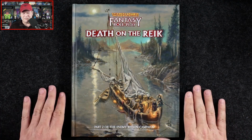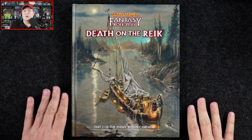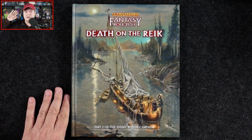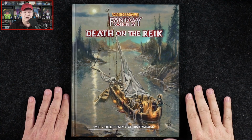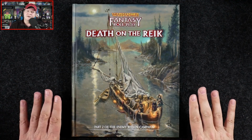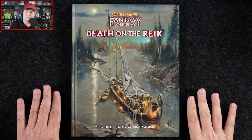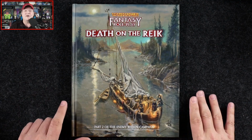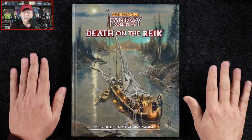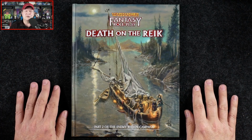So there are a couple of things I'm going to point out before I jump in. I'm going to stay picture-in-picture up here, so I will actually be cutting off a little bit of the book. I know pirates hate that, but got to do it, although this has been out for quite some time in PDF already. Anyway, first off, the fine folks over at Cubicle 7 Entertainment were kind enough to send me this review copy,